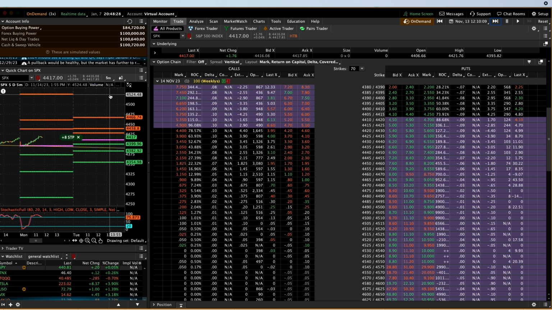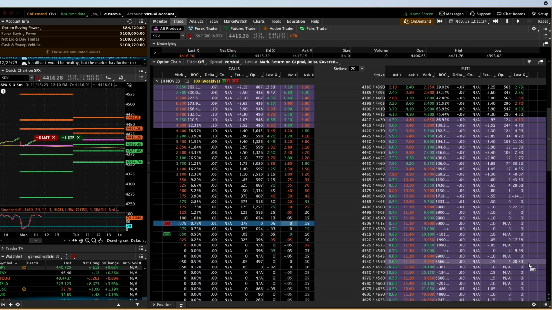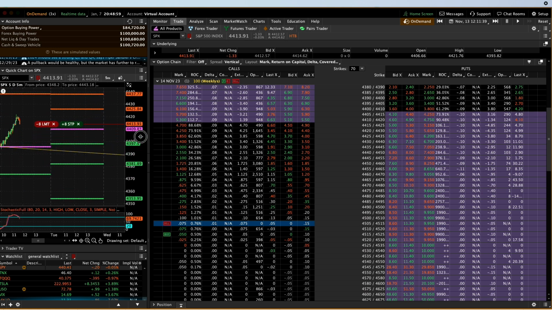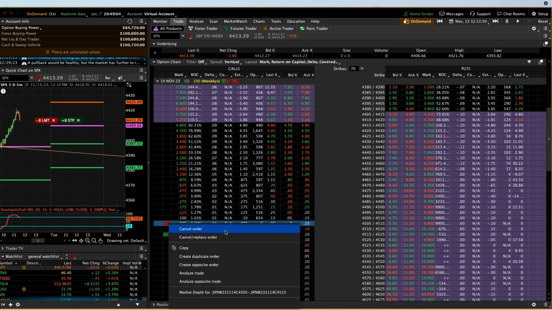We want 45.25 or higher. I'm pretty sure we can get that. No, we can't. Okay. So tomorrow's is way down here. So let's see what we can get. We can get 45.05. I like the fact that we're above a round number, so we are going to take that to the bank. We're going to lock that in, load it in the gun, and shoot it towards the target. See if we can get filled, and cross our fingers on that. Market's running away from us, so we might have to adjust.